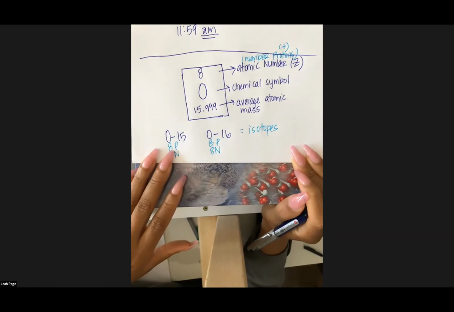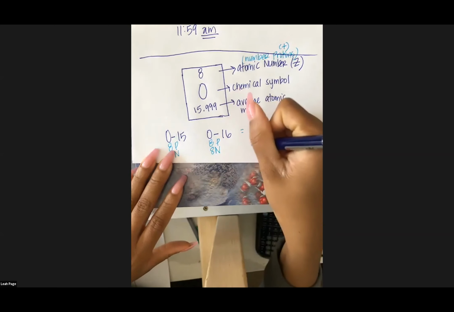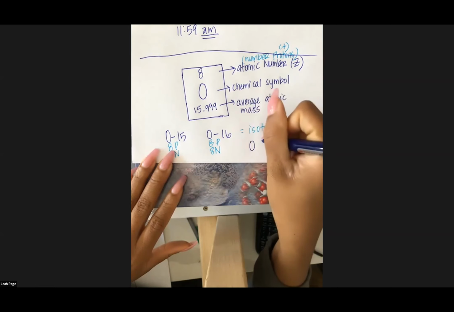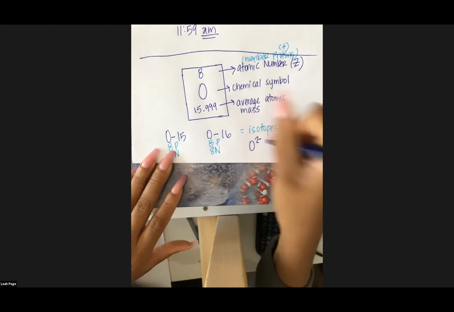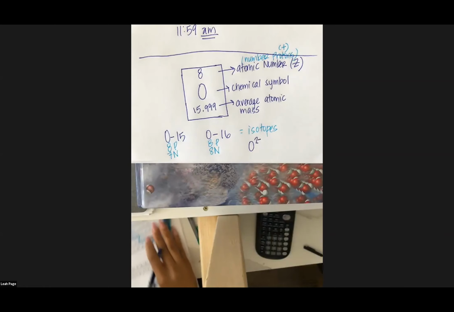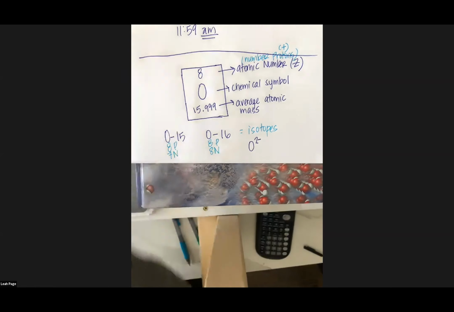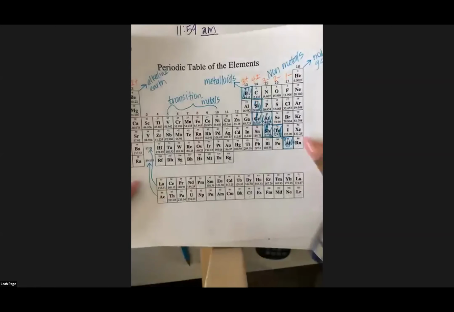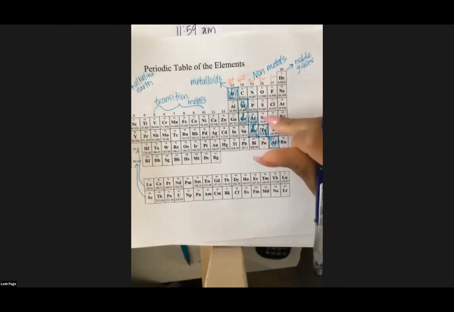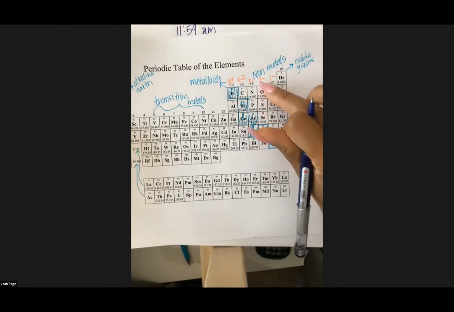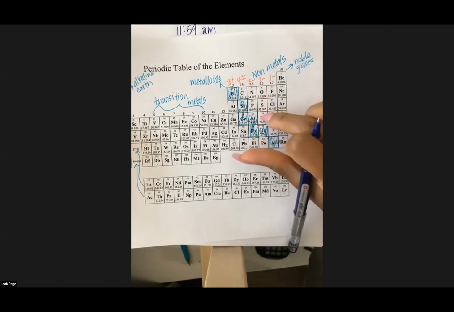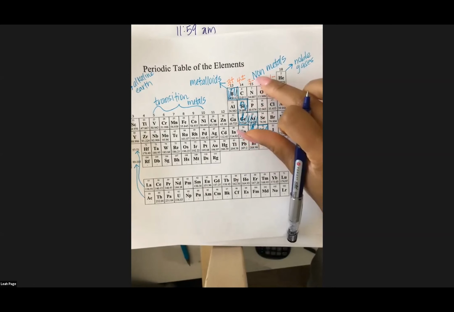Like there will be 2 plus something. Not 2 plus, but 2 minus. No, 2 minus. Okay, so it would say oxygen 2 minus, and I know it's 2 minus because if I look at the periodic table, oxygen is in group 6 or 16, and all the elements, oxygen, sulfur, selenium, they like to form